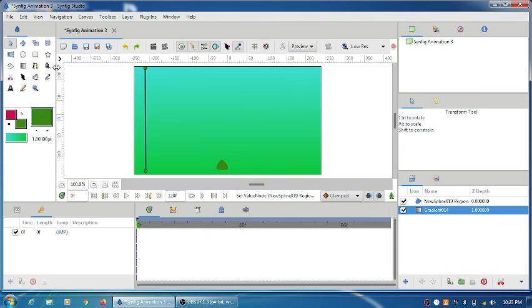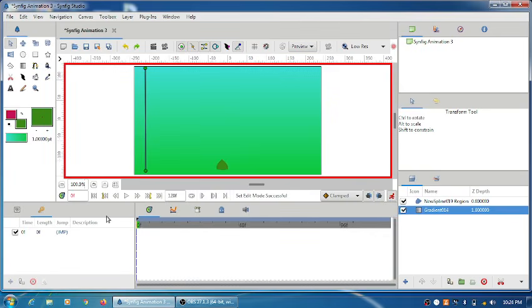Right, so it is okay for me. So the stem is created. Now what I'm going to do is start applying the animation.